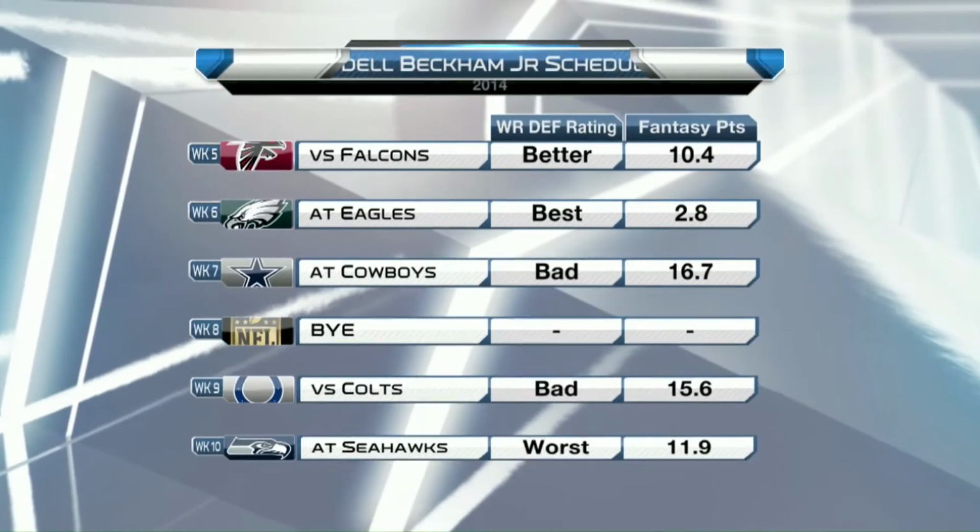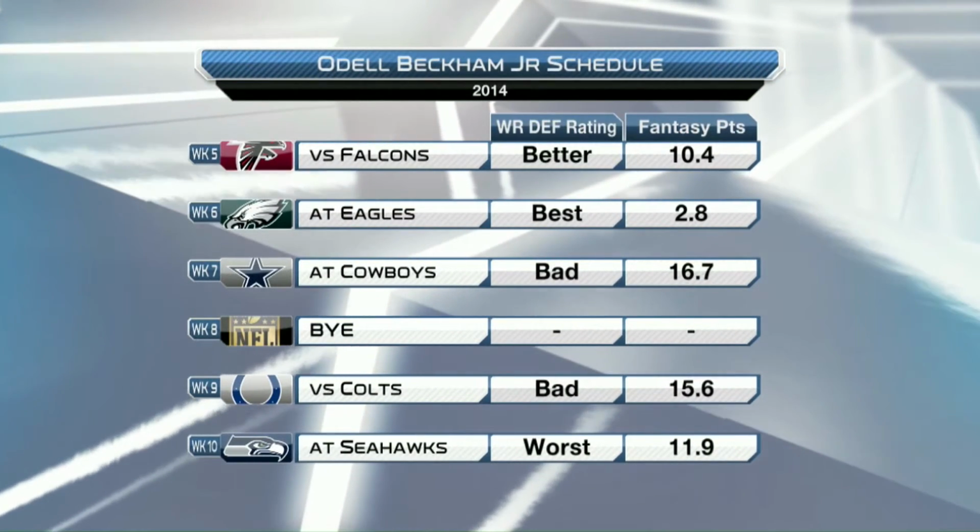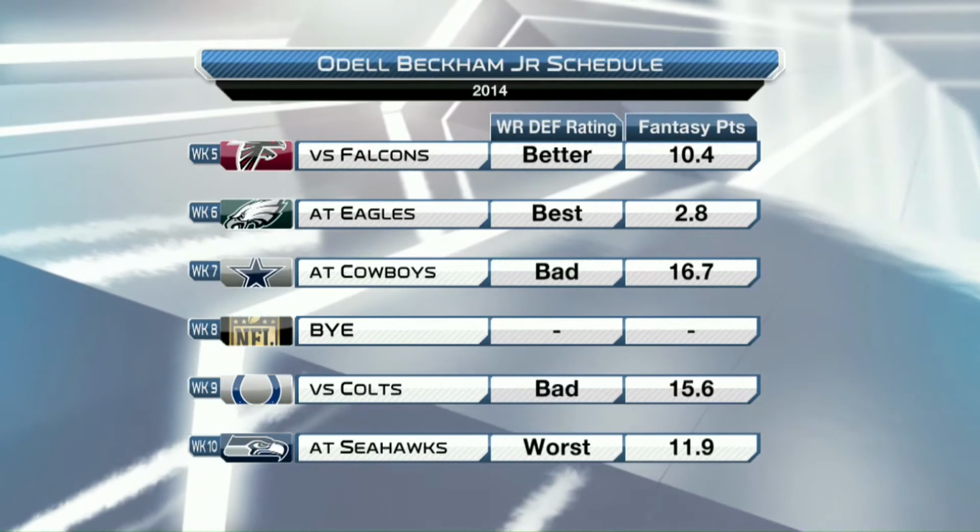Beckham Jr., who obviously is going to be a very buzzworthy guy when you get to drafts. I feel like he's going to be really overdrafted this year, but apparently, you look at what happened last year, and according to the algorithm, maybe I'm kind of talking nonsense right now. Well, he finished the season strong, and he's everyone's preseason darling.